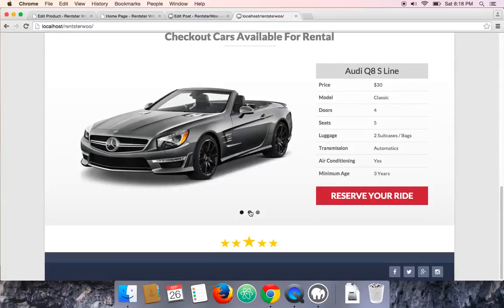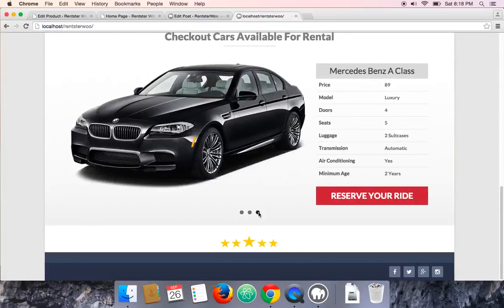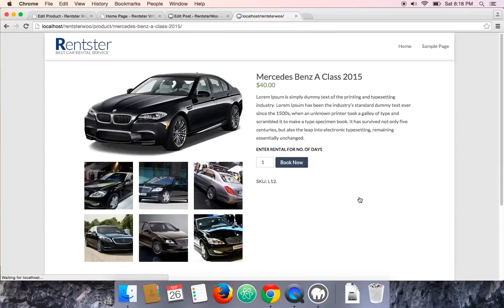All right, so if you go to the home page and go here in the middle slider and click on this link, it will now show you the link of the WooCommerce product. If you click on that, it will take you to the WooCommerce product page. There you go. So it takes you here.